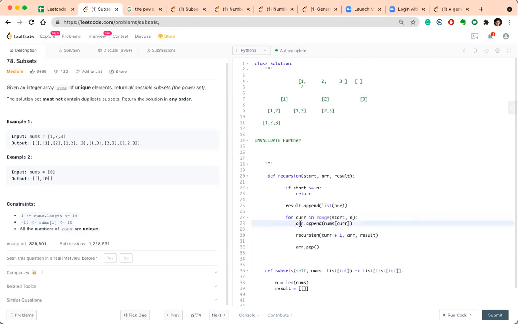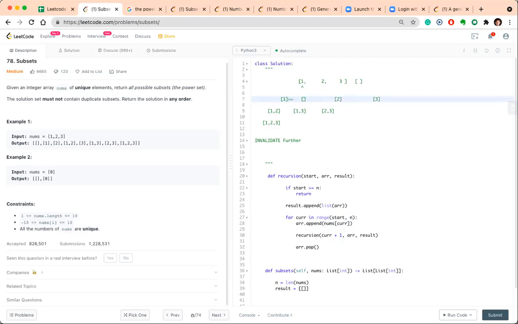And while adding each case for exploring different paths, let's say I was adding 1 and exploring the path this way. Now again, for the first place, I'm supposed to add 2, but I have already added 1. So after exploring 1, I need to pop it so that I can add 2 at the first place.